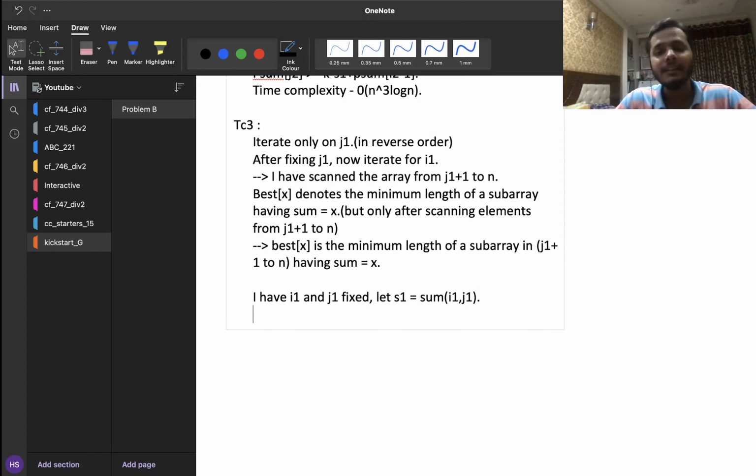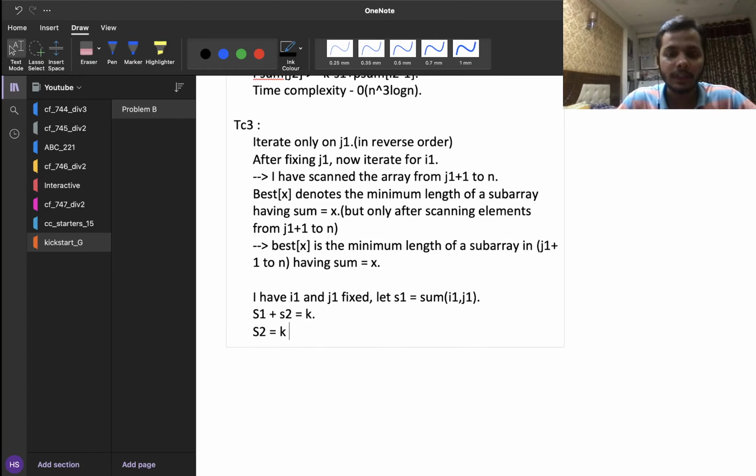So if I have a sum S1, I'll need to find another sum S2 which is in the second half from j1 plus 1 to n such that S1 plus S2 is equal to k, right? So basically I need S2 to be equal to k minus S1, and really what I want is my candidate answer